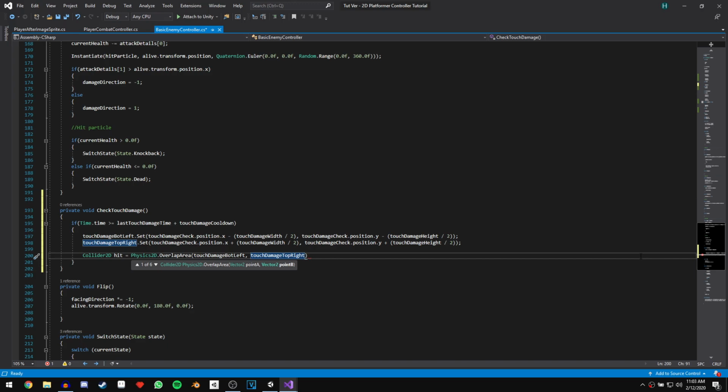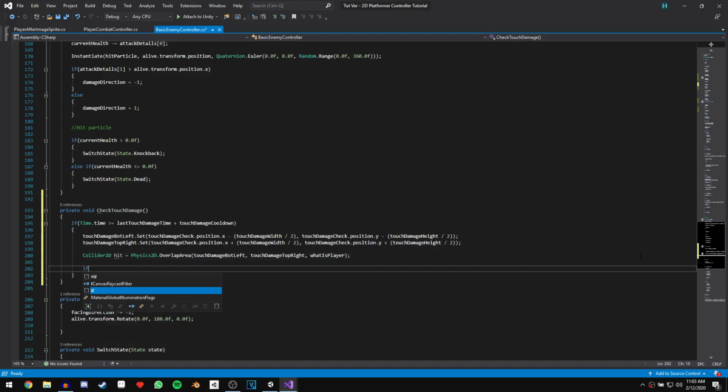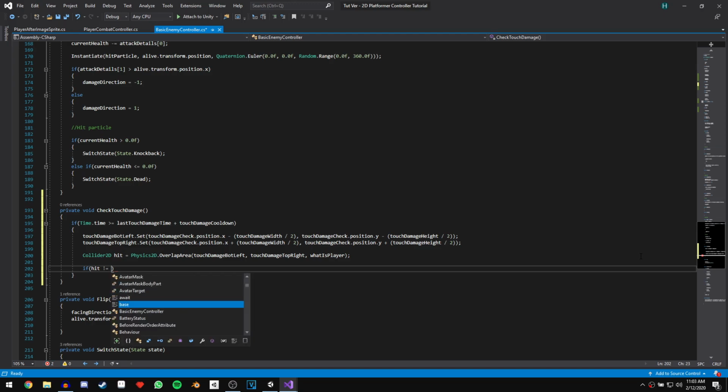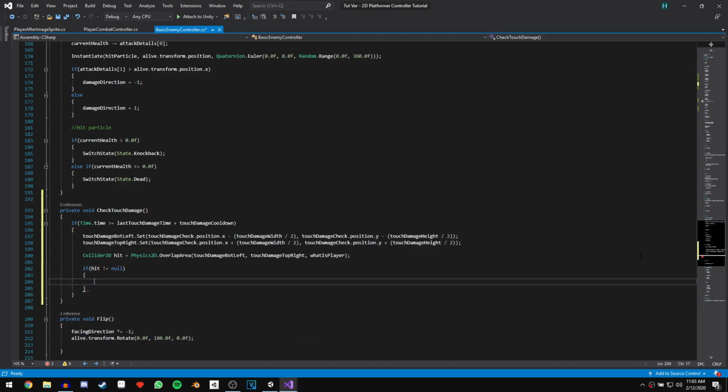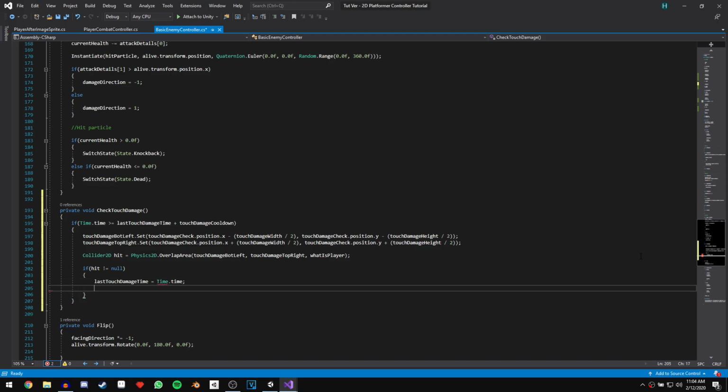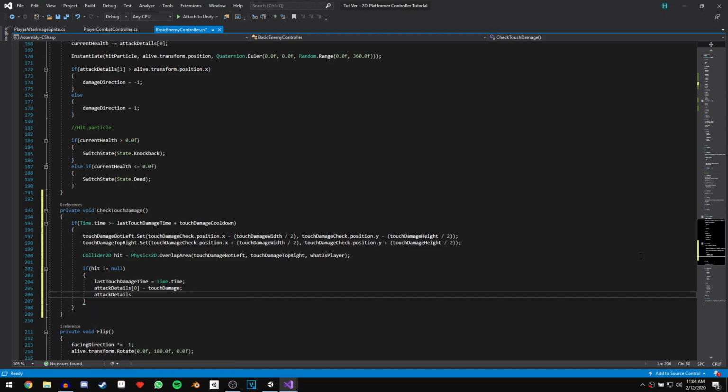And then finally we're going to pass in the whatIsPlayer layer mask. After this we're going to say if hit does not equal null, meaning our overlap area has detected the player, then we're going to say lastTouchDamageTime equals Time.time, and then we need to set our attack details. So attackDetails[0] equals touchDamage, and attackDetails[1] equals